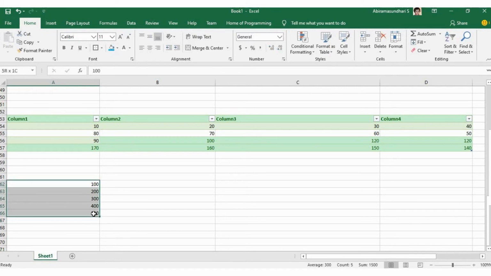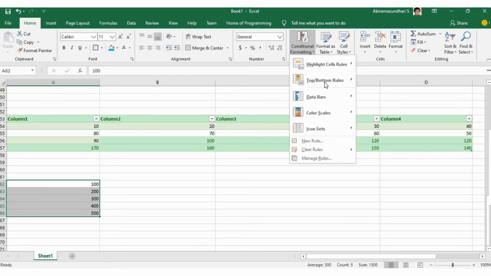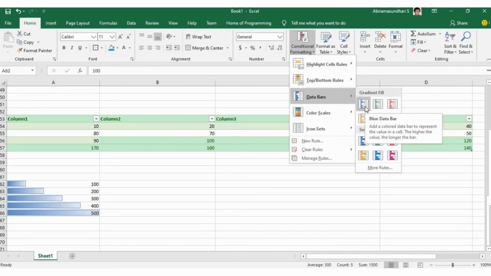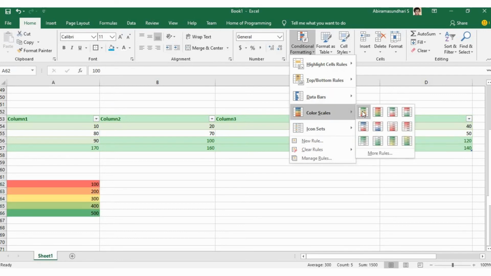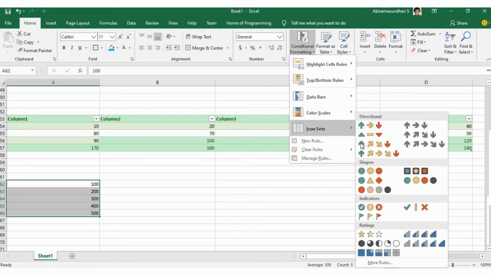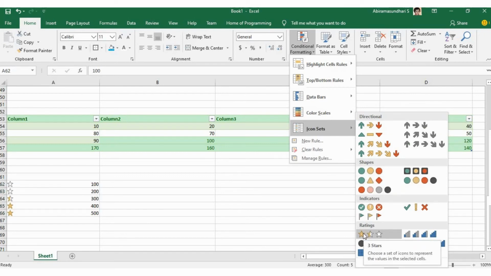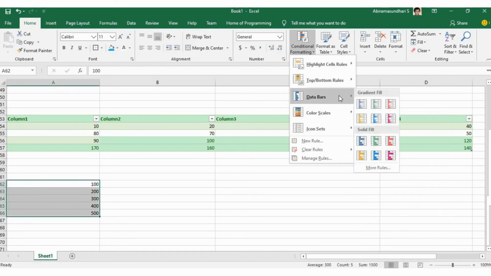So here I am going to apply data bar values, right? Data bars are a progress bar that indicates the size of a value. So 100 is smaller and 200 is a little larger than that, 300 is larger than 200. So like that it will give you, right? Instead of it, if you want to add color scales, you can apply it. After that, if we want to place any icon before your values, we can place that. So these are the options available under conditional formatting.